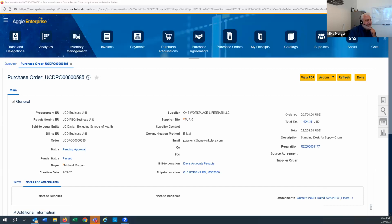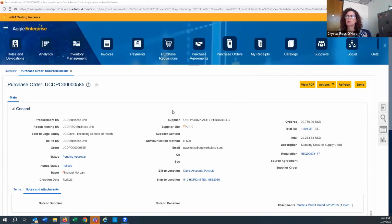Any questions on that? Yeah, Erin was asking, she noted that you said that for this example, it was missing a supplier. Does that mean that you will be able to submit a purchase agreement or purchase order without an active vendor in the system? You will be able to submit a requisition